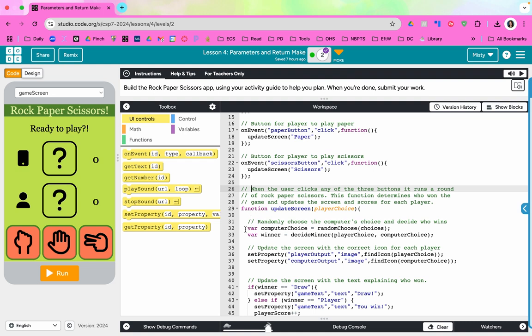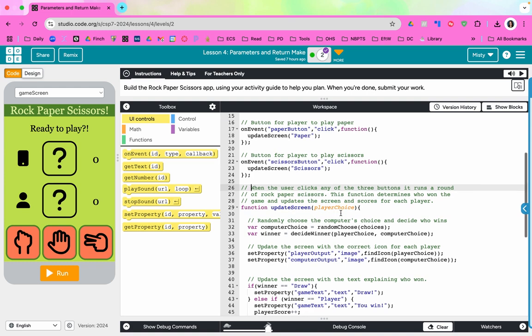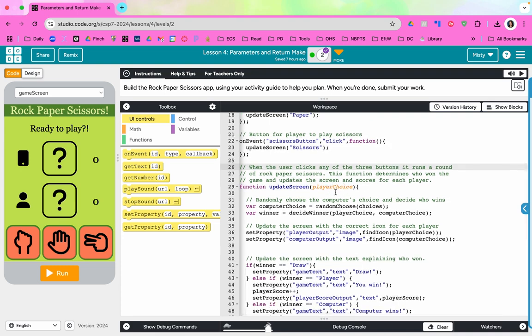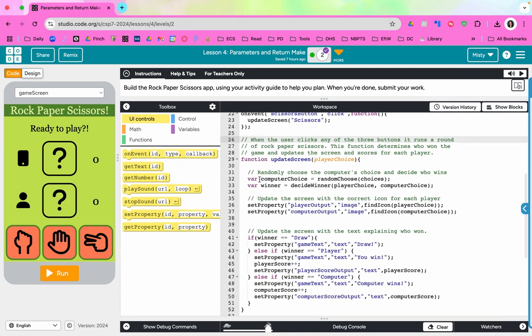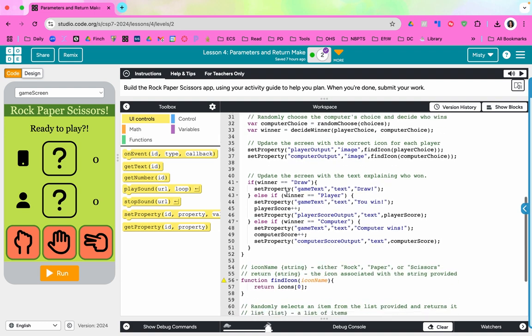So function update screen, player choice. Player choice is our parameter. Now we have variables in here, local variables of computer choice, which is random choose, parameter choices. Decide winner, parameters are player choice and computer choice. Set property. If the winner,